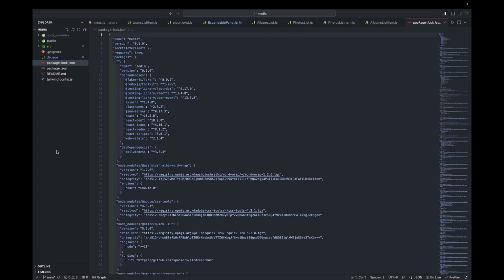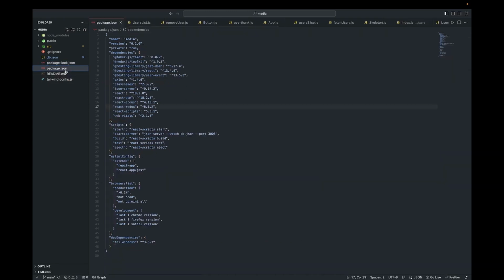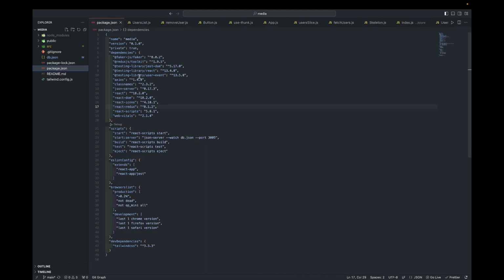Okay, so the next thing I want to do is go over the tech stack that I used for this project. So the easiest way to do that is to go into my project itself here, and go into the package.json. We can look at our dependencies. So as we can see here, first we have Faker.js, which I mentioned before is basically the API that generates